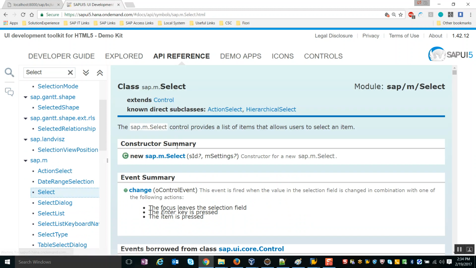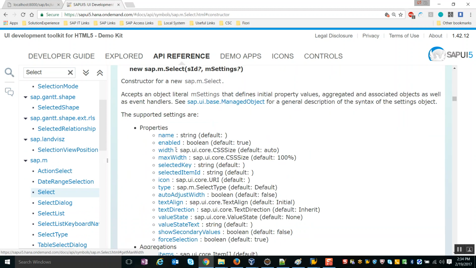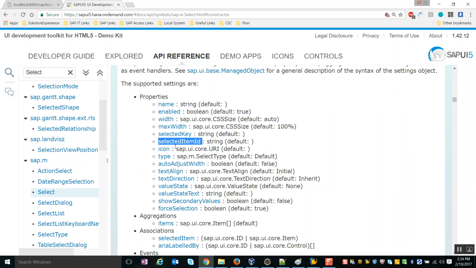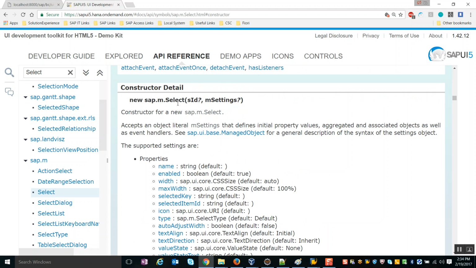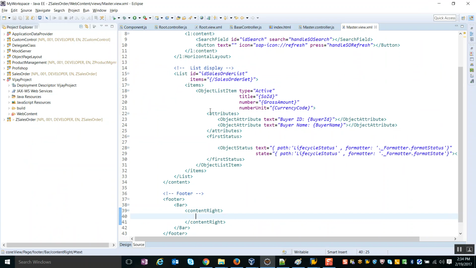So with this control, you can see that it has some properties like the selected key, what should be selected by default, and the selected item ID, which will give me the value that is selected, and I have this icon property, type and so on. So I'm basically going to create this control where I'm going to provide an ID to it as ID sorters, and I'm going to set some of the other properties as well, such as